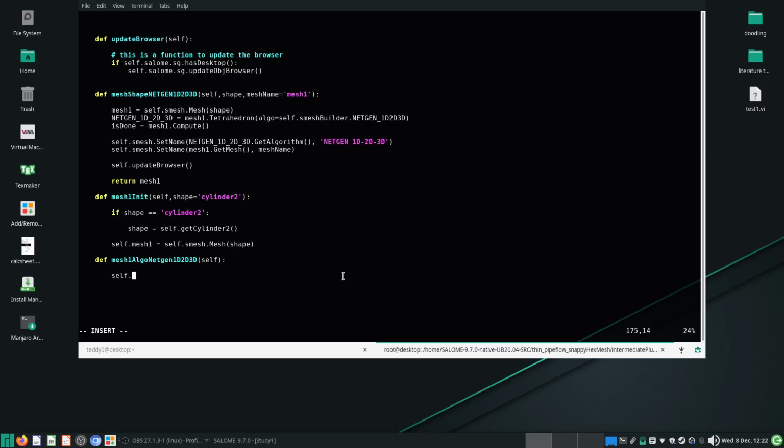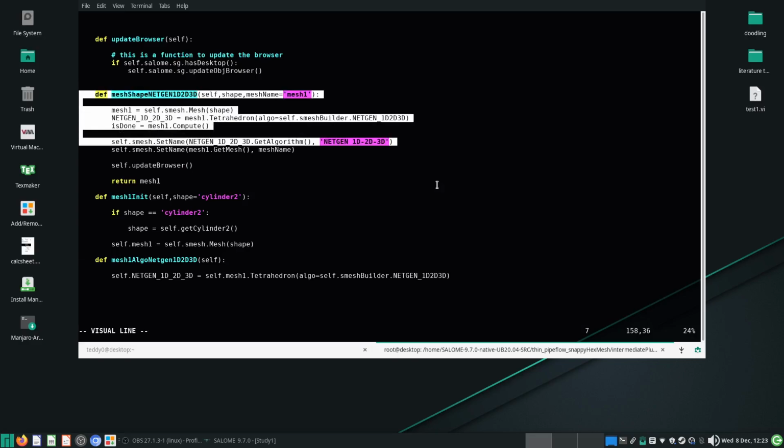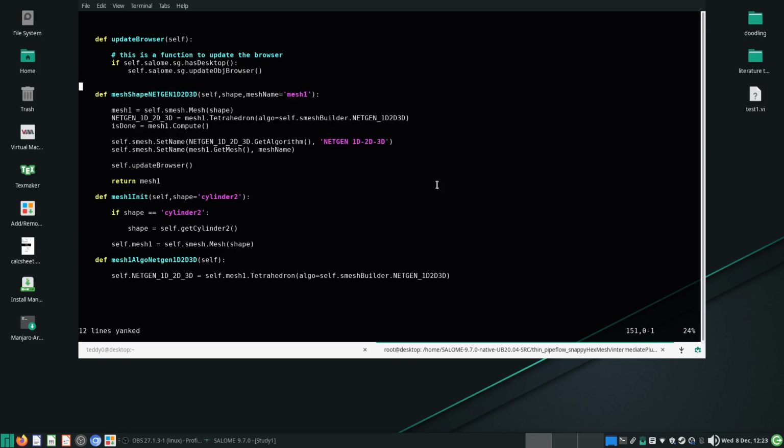Self dot, I'm going to just copy this whole thing. Self.netgen_1d2d3d equals to mesh self.mesh1 tetrahedron algo equals self.netgen builder. Okay, so this is just to do this part of the code, and this I can call legacy code. I'm going to copy and paste. It should still work, but